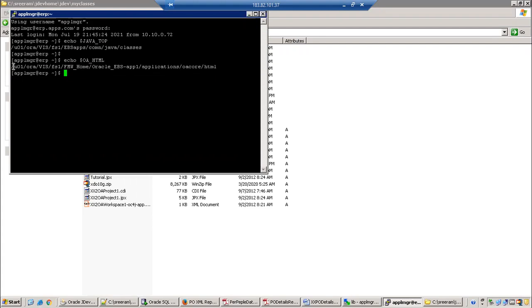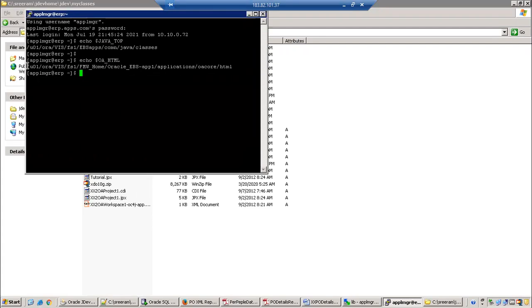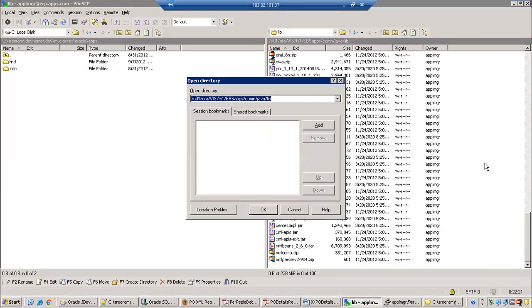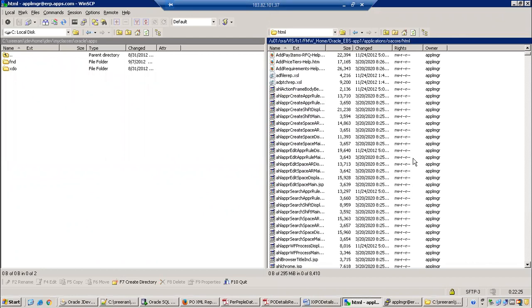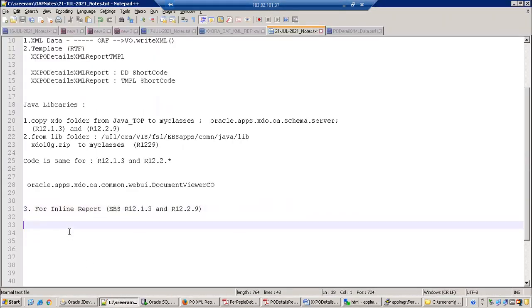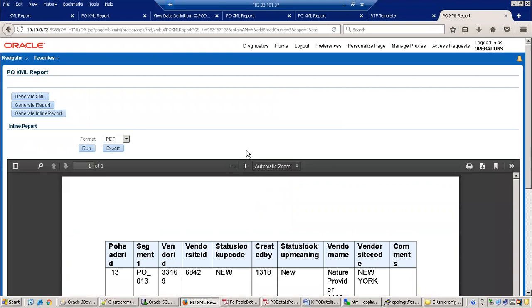Go to OHTML. In the OHTML, you'll have all the JSPs, and this document viewer region requires a document viewer region specific JSP.